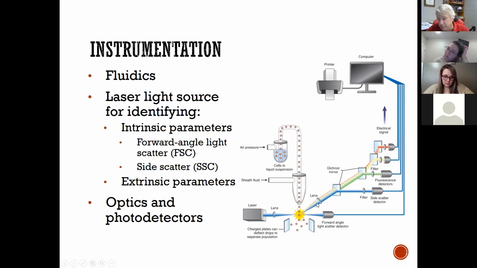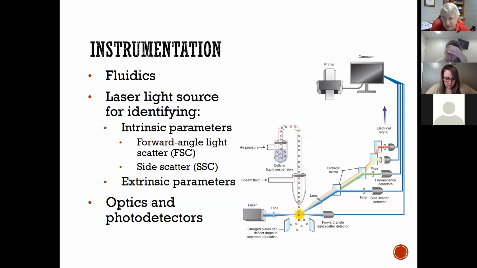Then, based on the scatter of that cell, the cell size, the fluorochrome attached, all of that good stuff gets knocked around. If you see the dichroic mirrors into detection. So all the different ways light is reflected or deflected, then it's detected by, what is that, looks like 5 sensors. You see a forward angle light scatter, you see a side scatter detection, a fluorescent detector, and 2 others that aren't even labeled up there, and it sends a signal to the computer, and the computer tells you, this is what we got.